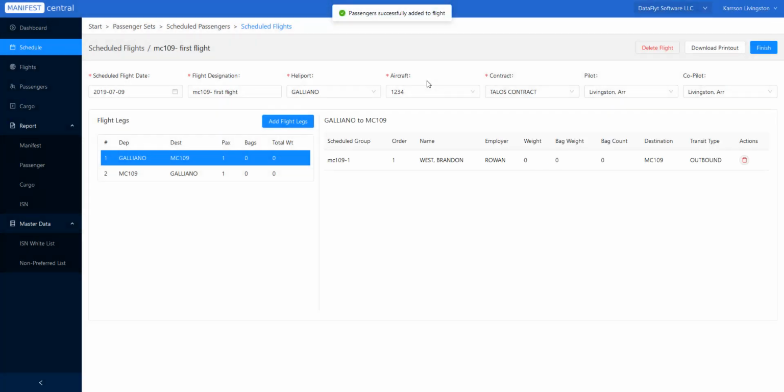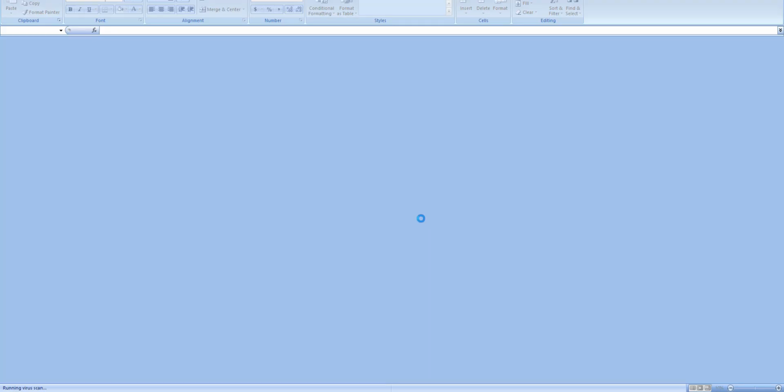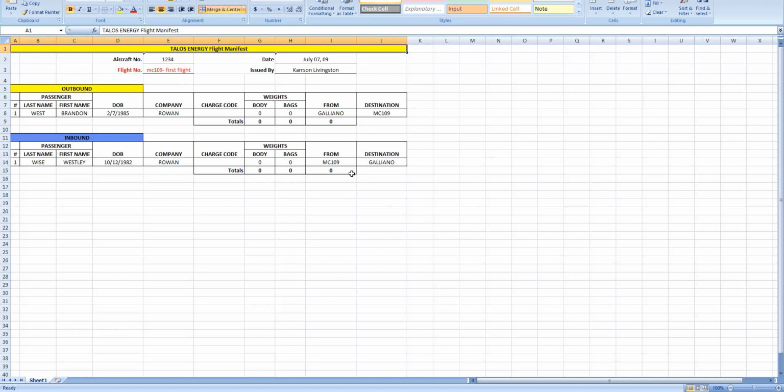Now, by doing this, we've added these passengers onto the actual flight. Now, the tab on our left under Flight Legs will actually show us the individual passengers that will be on each leg of the flight. Now, we can also download a printout of this flight by selecting Download Printout in the top right, opening it, and this will give us an emailable copy of the flight that we can still send into the